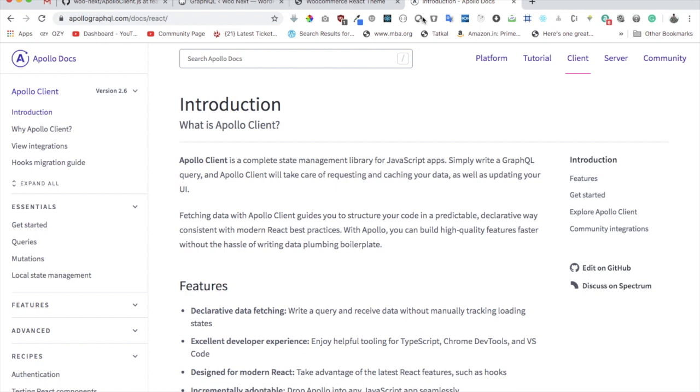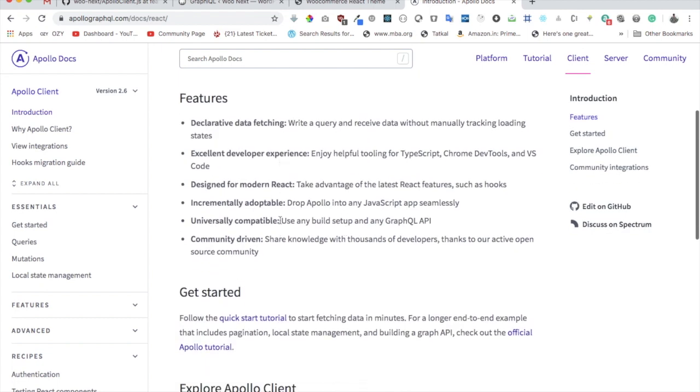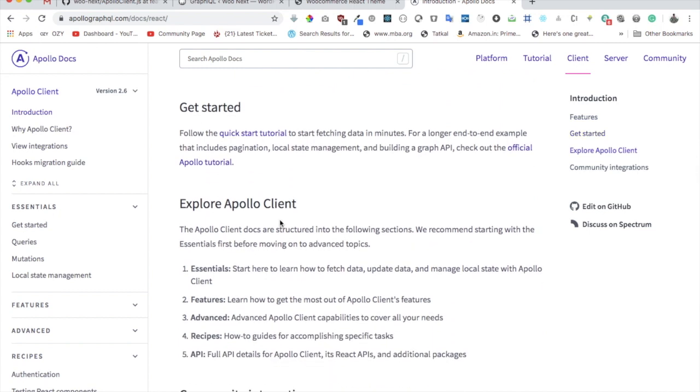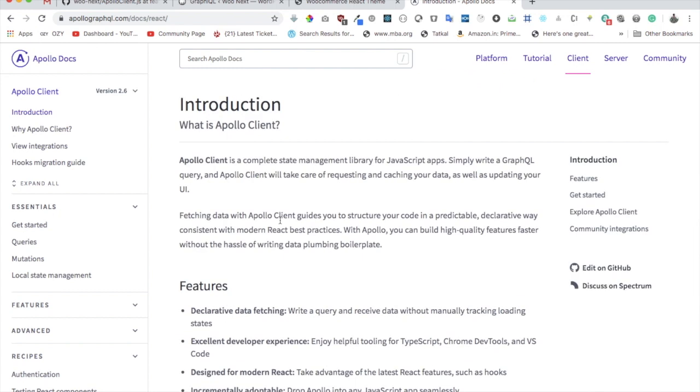And it's consistent with all the modern best practices. So it's pretty useful for your front-end application when you want to use GraphQL with the front end, like React. Okay, so you can go through the documentation regarding more information about Apollo client, but that's what we're going to